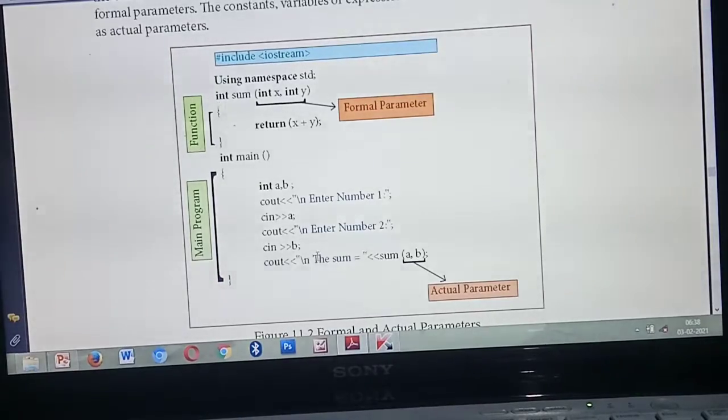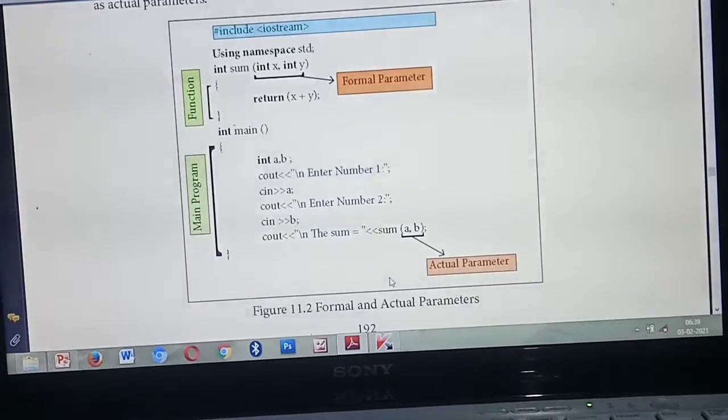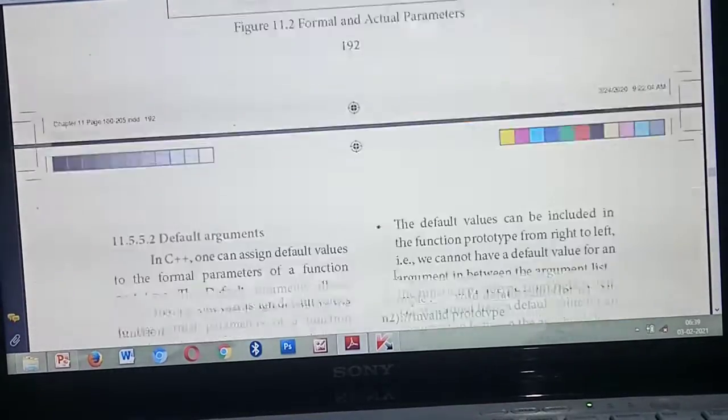To print the sum, you are giving the sum of. So how many variables do you need to pass? Listen. This we call an actual parameter. Inside the function you are giving two variables, x and y, which we call formal parameters. The same thing you pass as values inside the main of function, with some other names, and that is called which parameter? Actual parameter. Understood the difference between formal parameter and actual parameter? Okay.